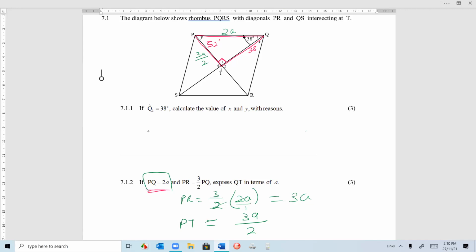Diagonals of a rhombus are equal. No, diagonals of a rectangle are equal. Diagonals of a rhombus bisect each other. How is that going to help us, Mr. Pillay? We can, what do we have? If PR is the whole diagonal, then